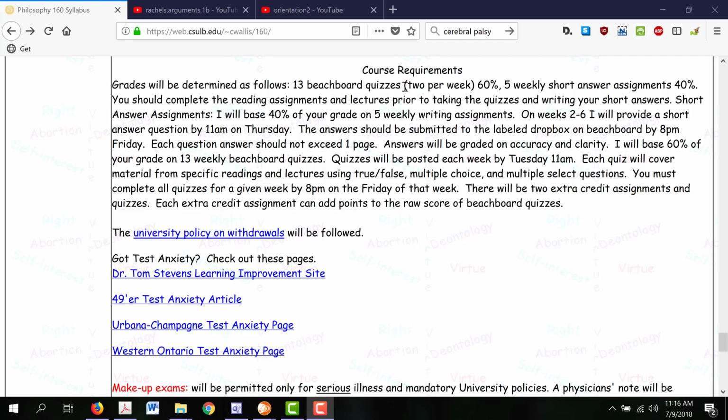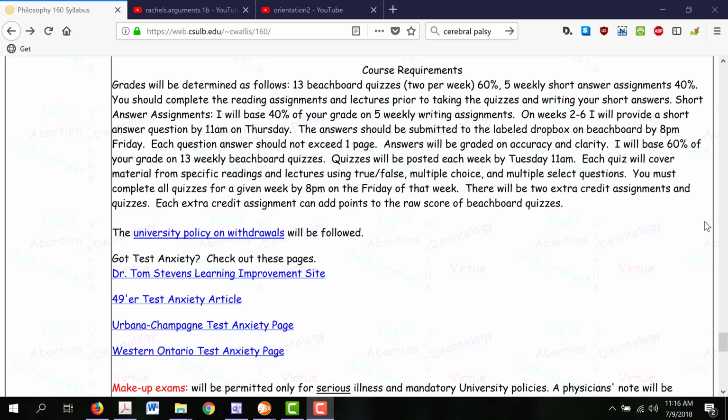They're going to be these 13 Beachboard quizzes, and in total, all these quizzes will be 60% of your course grade. All the quizzes will include true/false, multiple choice, and multiple select questions. They'll be graded immediately, grades entered into the gradebook. You'll be given feedback on your performance, 3 this week, 2 each week after that,